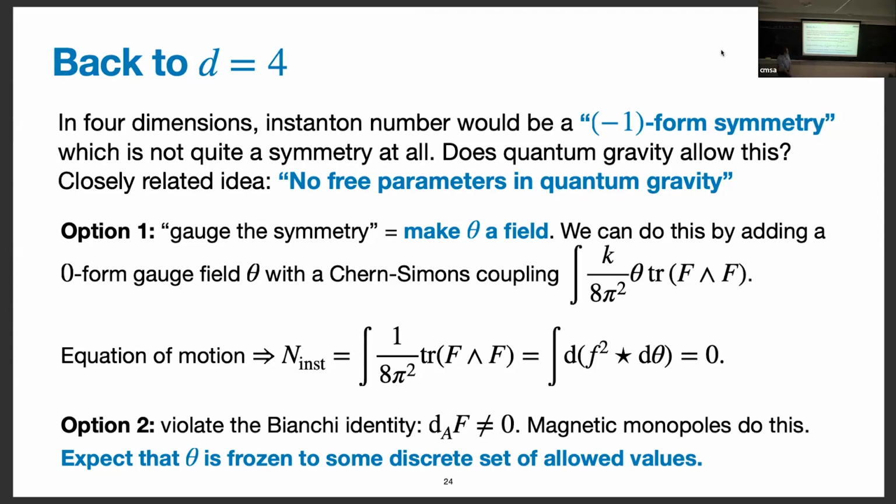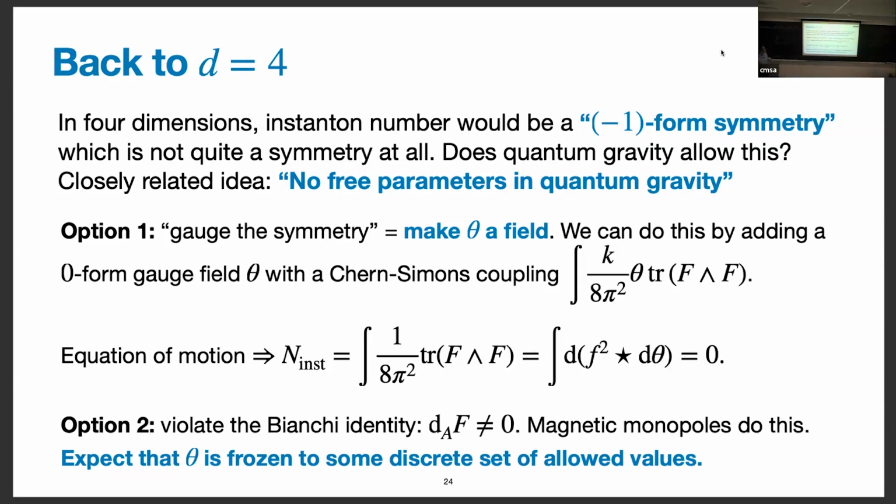So our 2 options then, we had the gauging option. The gauging option was giving a Chern-Simons coupling of something to instanton number density. And in this context, the analog of that is to add an axion θ and couple it to trace F wedge F. Question? Yeah. Do you need more than one single factor to have magnetic monopoles and axions at the same time? Owing to the fact that one gauges the symmetry and the other breaks? No, I think I'm going to come back to that in a slide or 2.